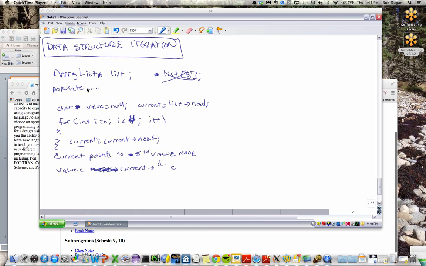Maybe we'd say data here. All right, great. So now value holds the data part of this array list node, and I went to the fifth array list node. Okay, so it's kind of a pain to set all that up, and so what developers did in the first iteration of trying to fix this problem, basically traversing a linked list here,